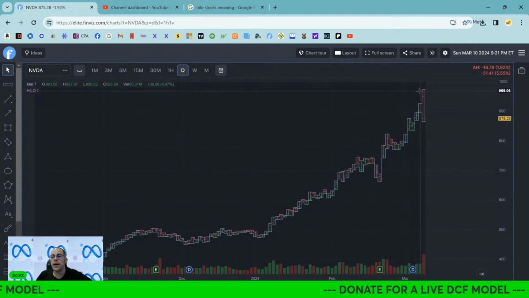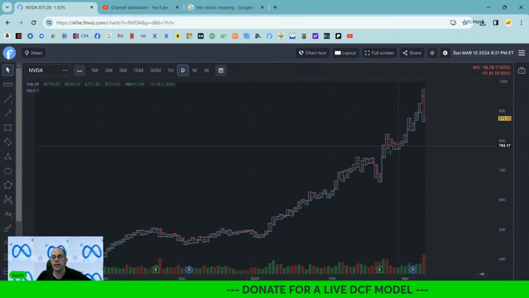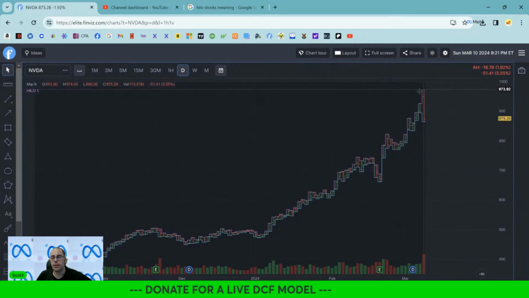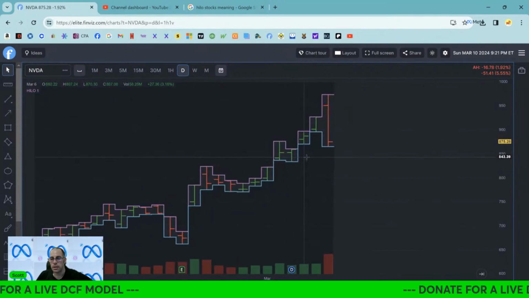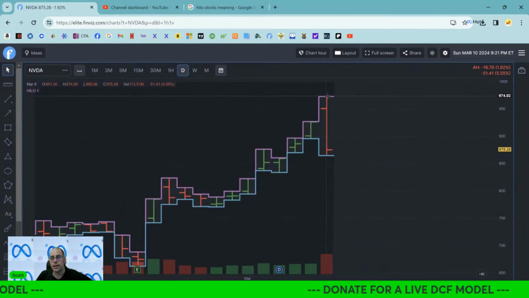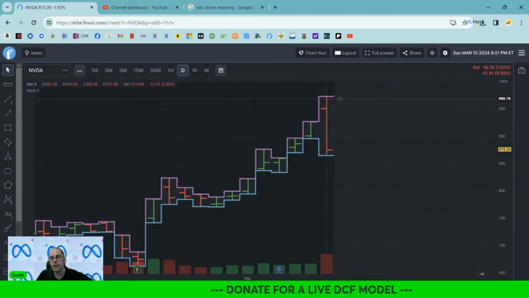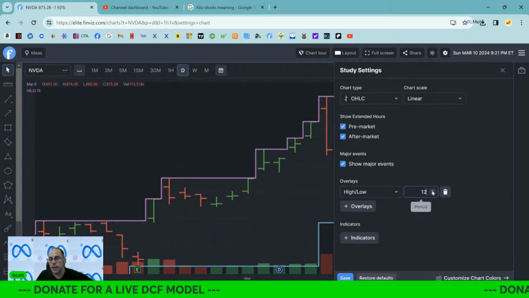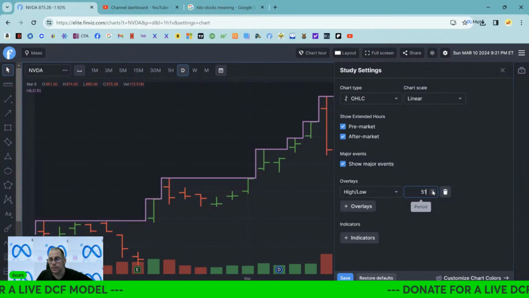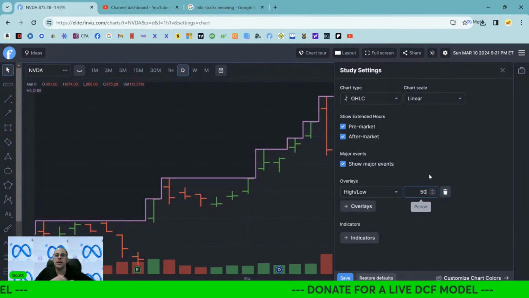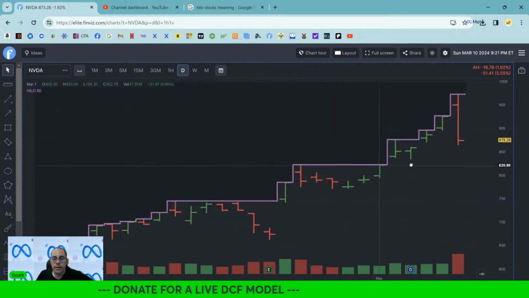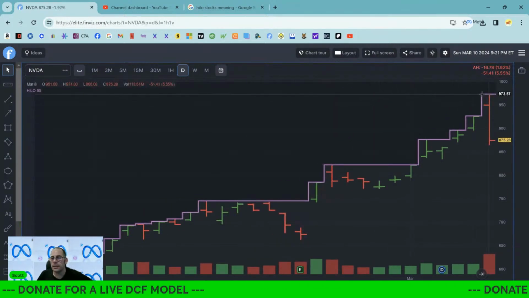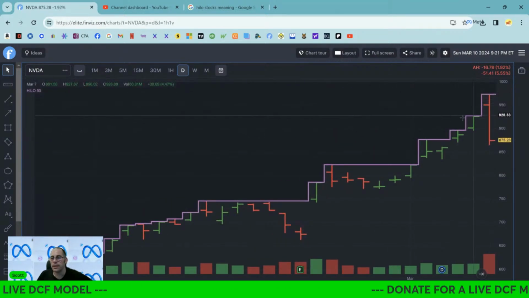Okay, so this is the high-low for each trading day, which would match. So it matches the chart because it's touching the high, touching the low. You can do, I think the default was 50. So it's doing the high-low. It kind of smooths out the high-low curve or line for the average of the last 50 days. So the high for the last 50 days,